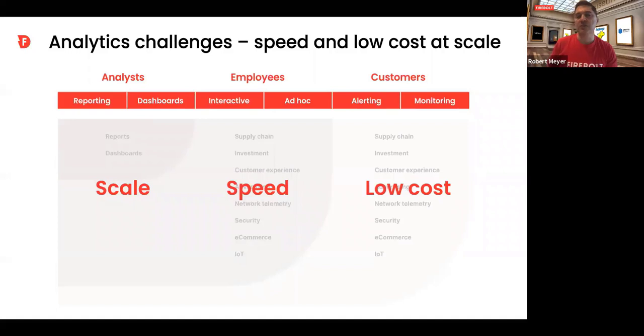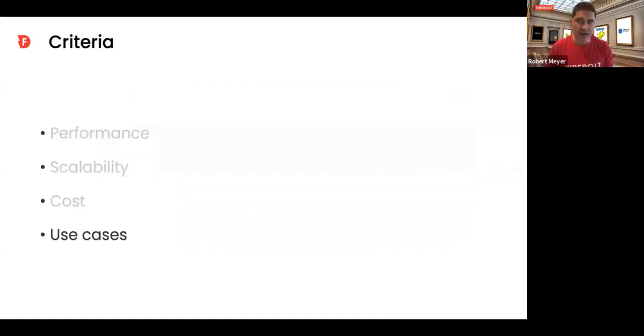It has to be a second or less every time. It has to be fast. And if you're going beyond an analyst team of maybe 100, 200 people in a bigger company, to thousands of employees, and then to tens or hundreds of thousands of customers, cost becomes an issue too, because you can't keep spending $1,000 or hundreds of dollars a user to support this kind of infrastructure. It just ends up being too much. What that says is use cases matter too. You have to, by use case, figure out what key capabilities you need and how that is going to impact cost and performance and scale as well.